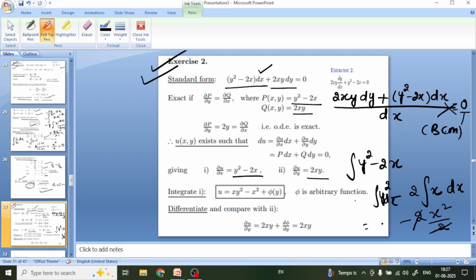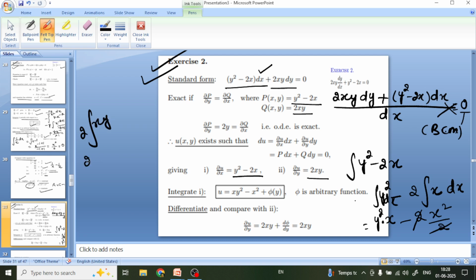Here y² into x, because here y² is treated as a constant, and on integration, dx gives x. And when we solved it,